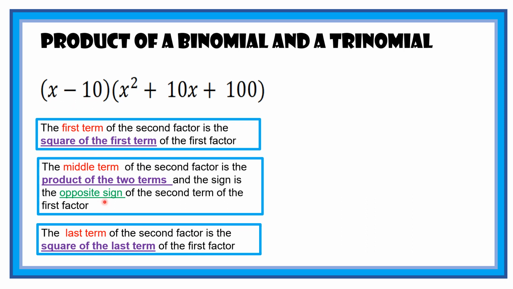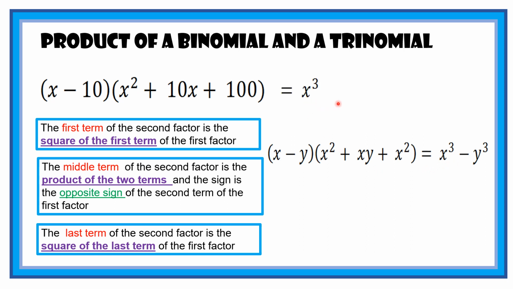Then opposite sign daw niya. So we have positive 10x. Tama. Then square ng last term. So negative 10 times negative 10. So we have positive 100. So since tama lahat yung given condition natin, we can now follow this pattern. So that means ang answer is